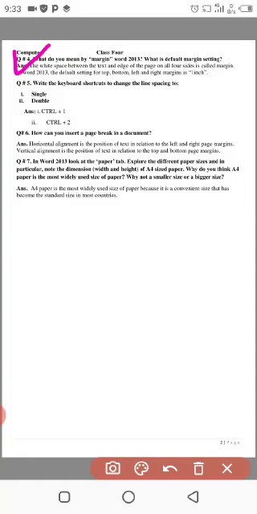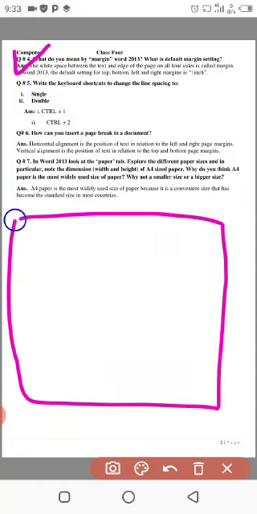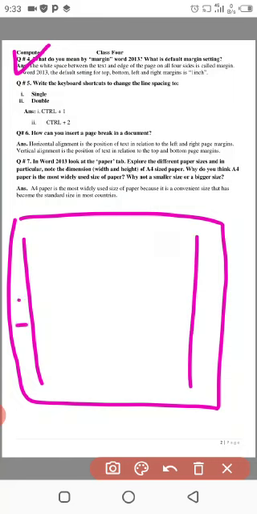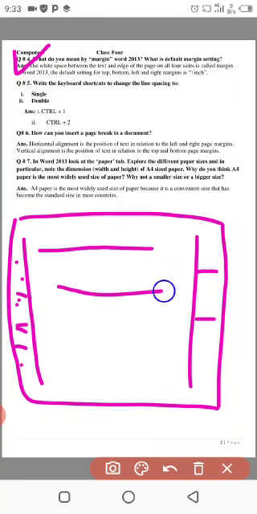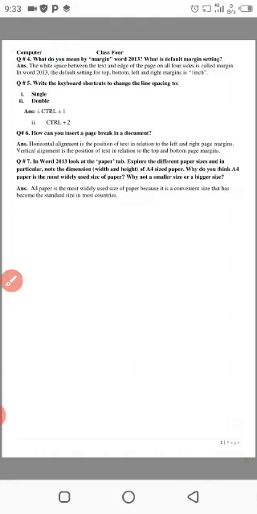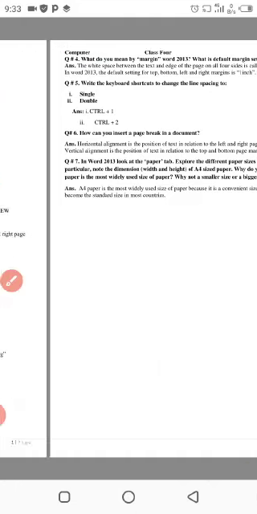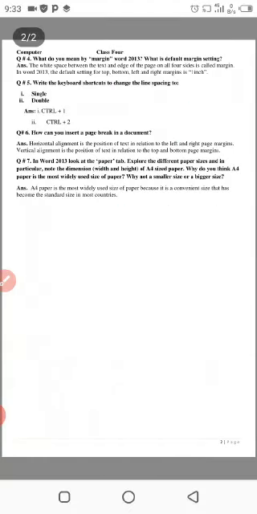For example, this is a Word document. This is the white space. We can assume it as the margin, and you can write the text here. So, now read again. The white space between the text and edge of the page on all four sides is called margin.